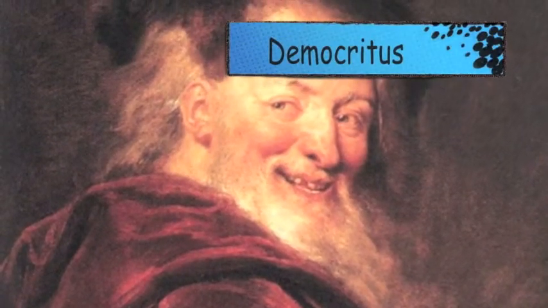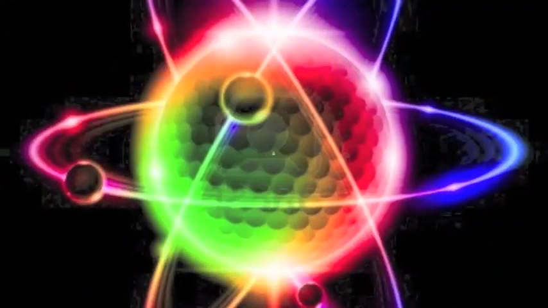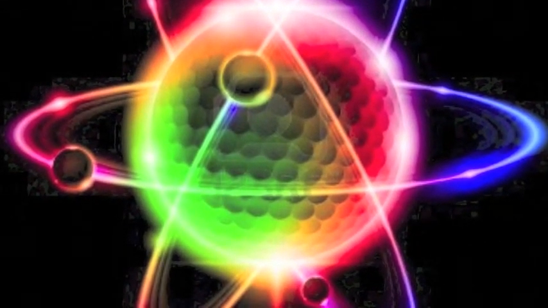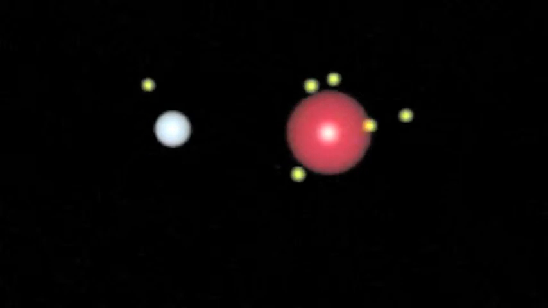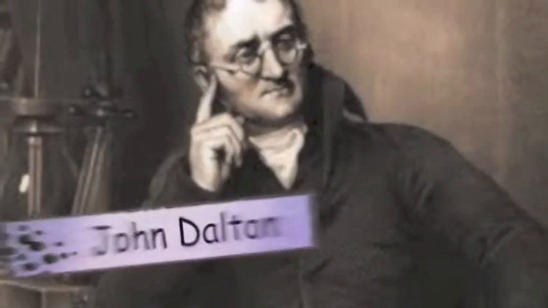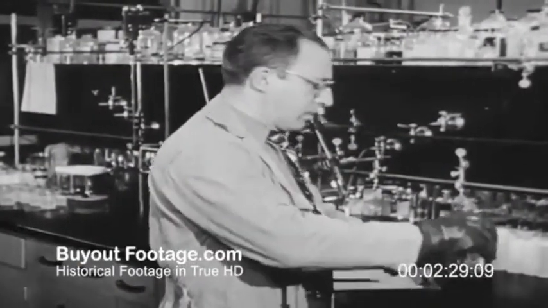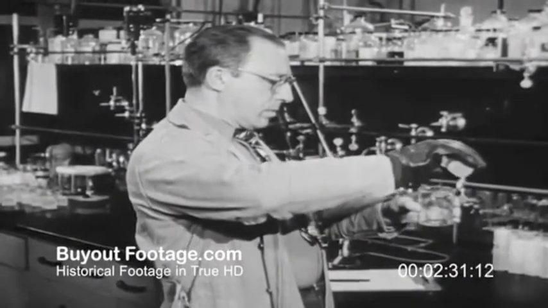It all began in Greece in 400 BC, where a person named Demetrius argued against most scientists that small individual particles were the smallest unit of matter, and that was the start of atomic theory. A few centuries later, John Dalton created the first official atomic theory, which contained four main points.